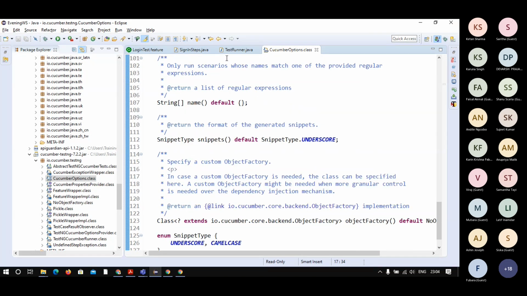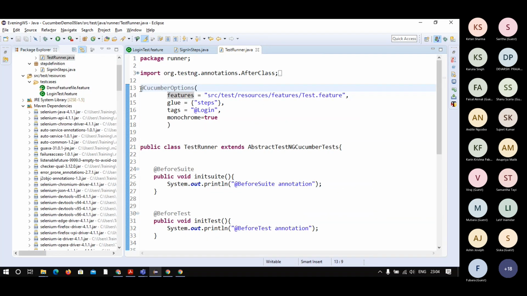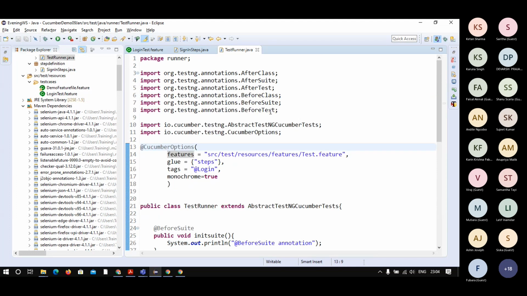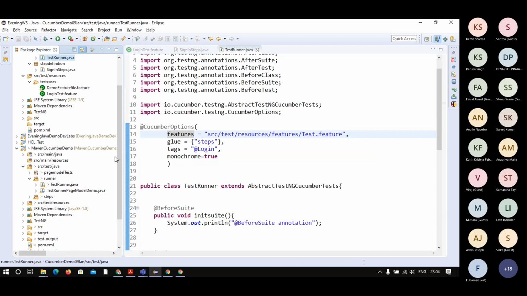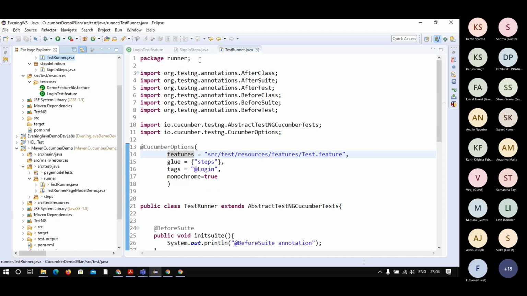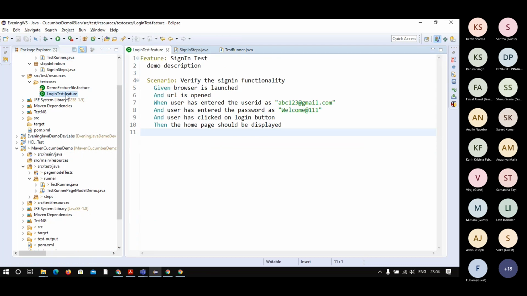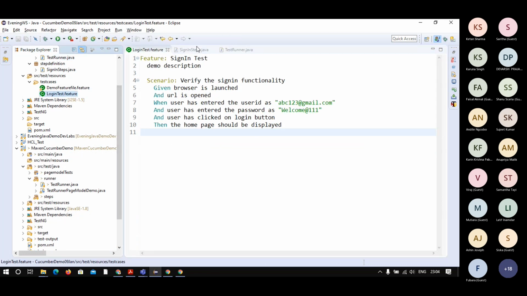These kinds of keywords are present in CucumberOptions. So first you have to use @CucumberOptions, and you check where it is coming from. It is part of TestNG Cucumber, so I am taking the TestNG CucumberOptions. And here I am passing the features. Features is the location of the feature file, the one you are trying to execute. Say that I want to execute the login feature here.